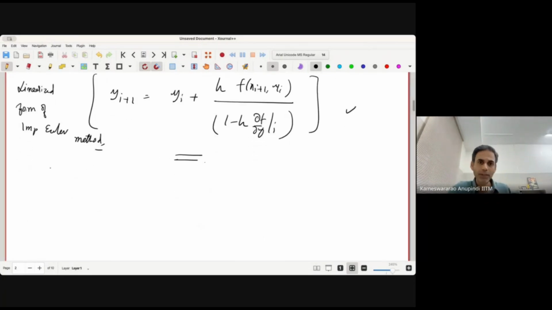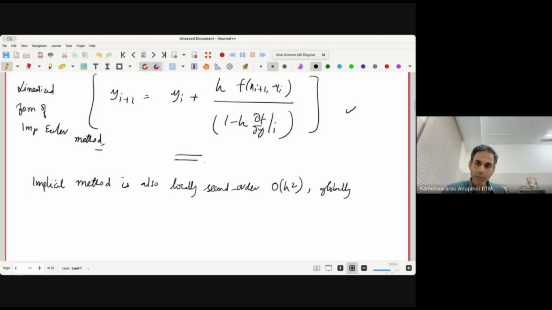Okay, so the implicit Euler method is also formally, or is also locally second order accurate. Second order, that means order h square, and globally is going to be order h, similar to the explicit Euler method. And then, of course, the implicit Euler method is much more